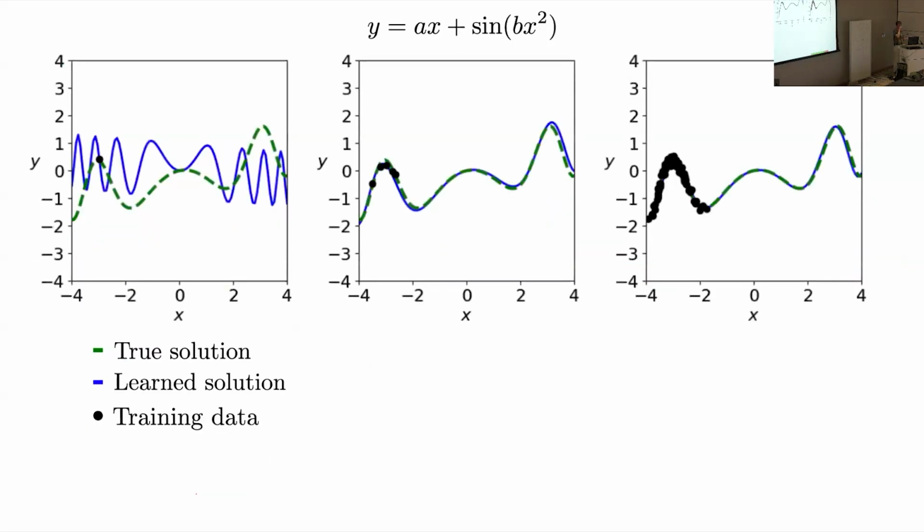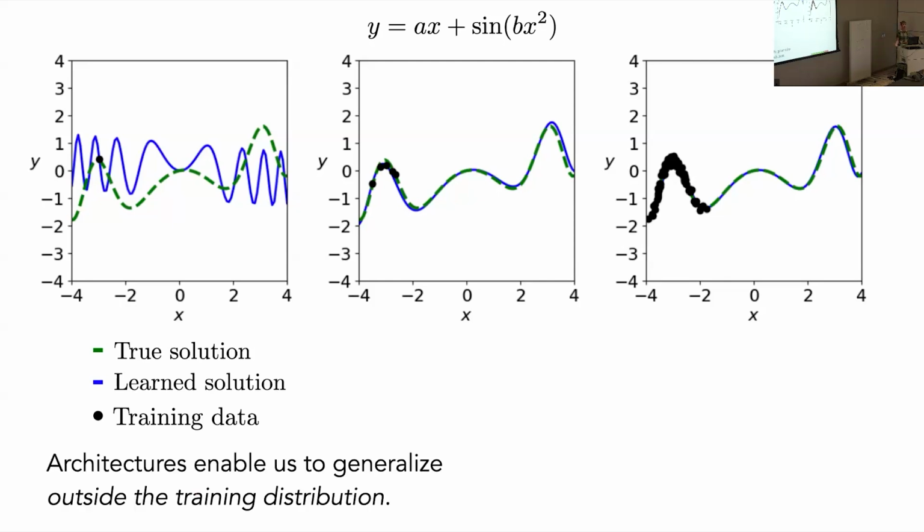So the simple way that you could constrain this hypothesis space, if you know that your function takes the form y equals ax plus sine bx squared, and you're just trying to learn a and b, well, maybe with one data point, it's still a really bad fit, but with only 5 data points, your fit is much, much better, right? Because you had an almost perfect hypothesis, like you knew exactly the form of the function. And even if you add a lot more data, you still have much better generalization. Now, again, this is a very nice, clean, simple version of this. And in reality,